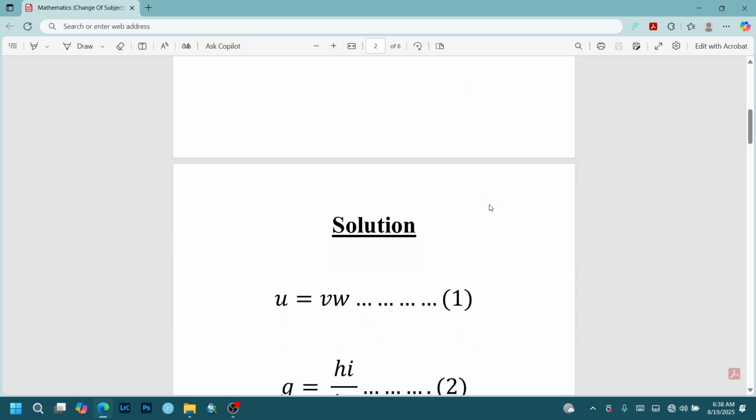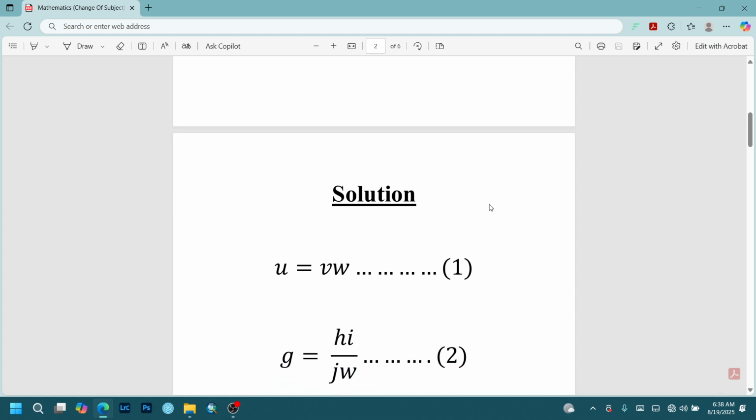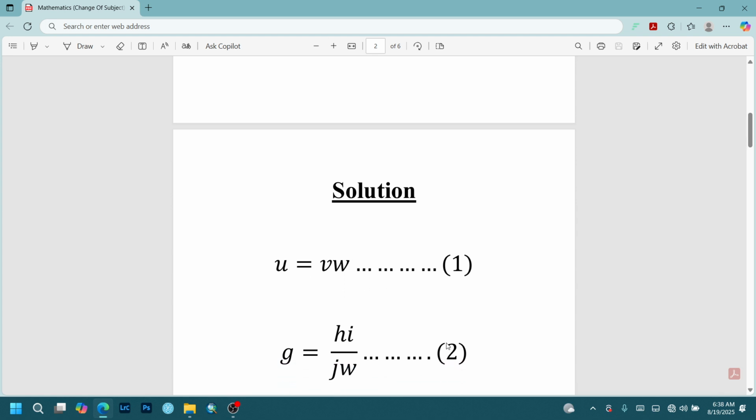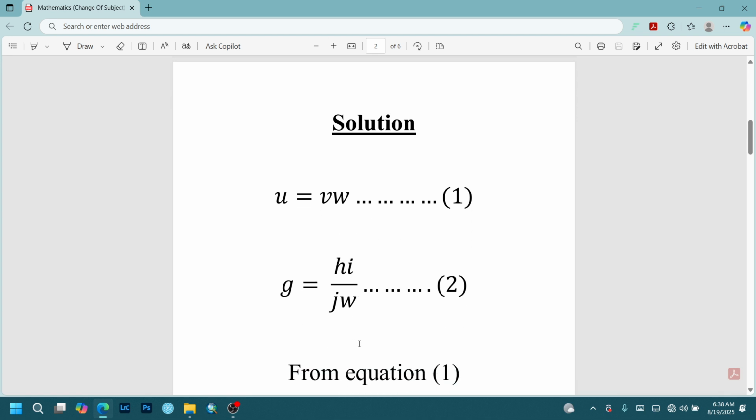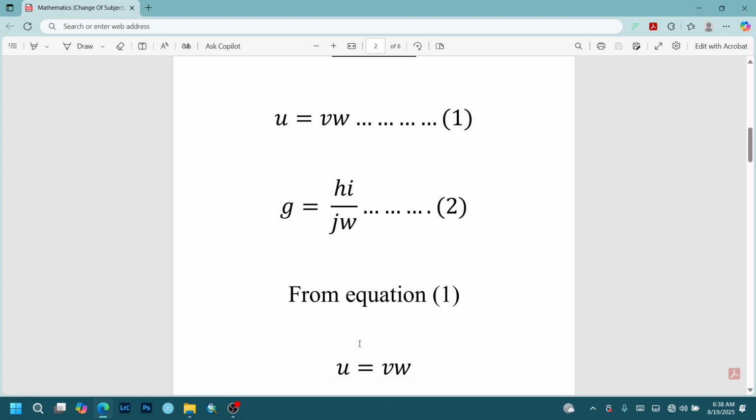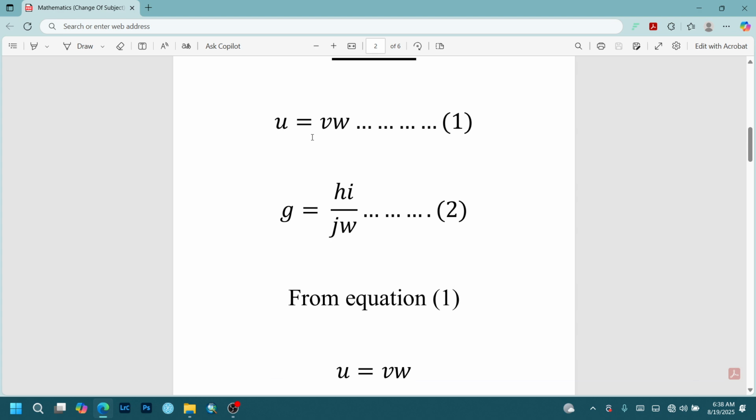And our second equation given is J equals HI over JW, right? Which is equation 2. So from equation 1, which is U equals VW, we have U equals VW,